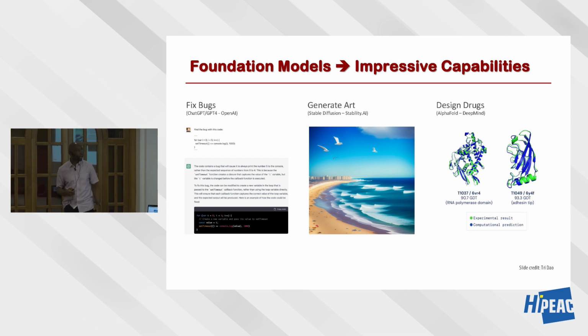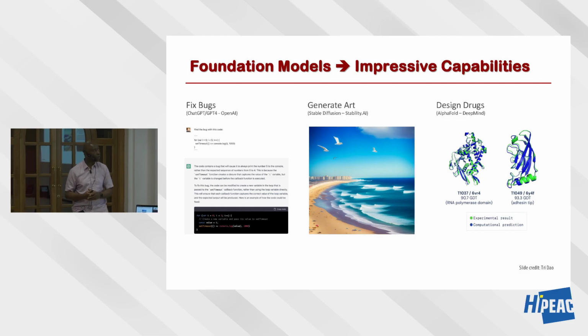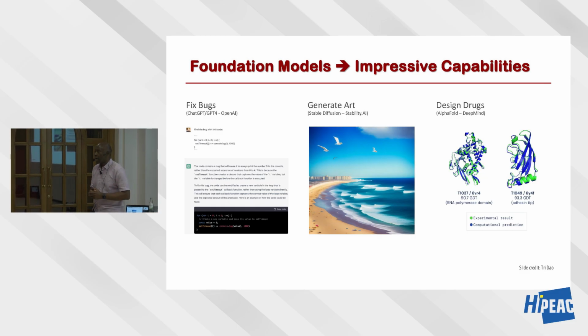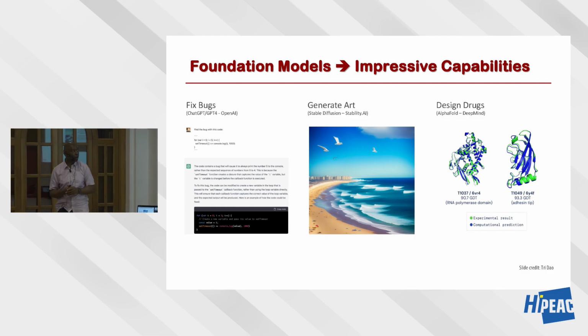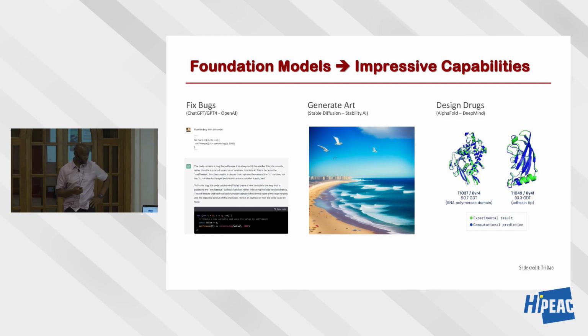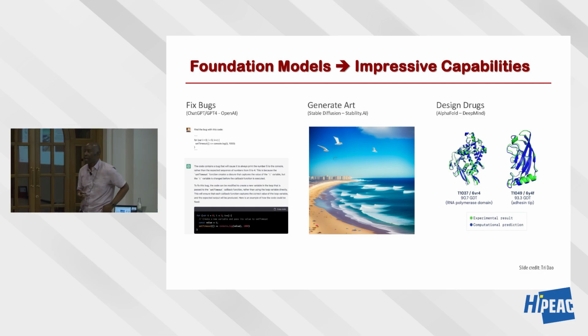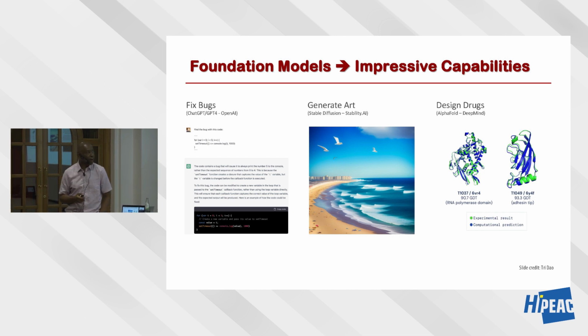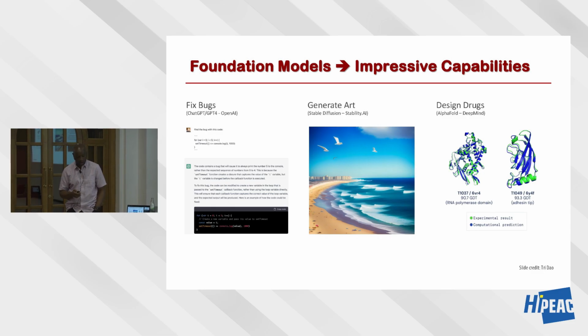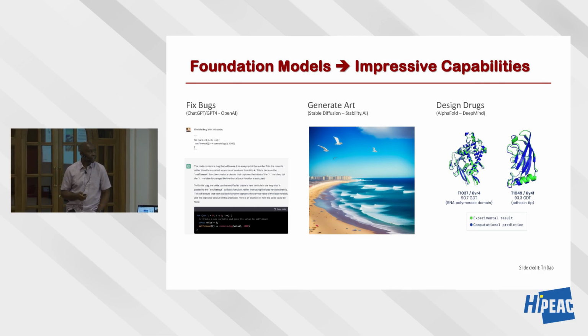And they'll also generate art. You can give a prompt to Stable Diffusion, and it will generate some artwork. This is a prompt I gave for a picture. It generates a picture of New York City. These models can also be used to predict the structure of proteins in RNA. People in the biology area call it the ChatGPT moment of biology when AlphaFold from DeepMind came to the scene. And these kinds of models are being used to design drugs, and they are tremendously capable in advancing scientific discovery